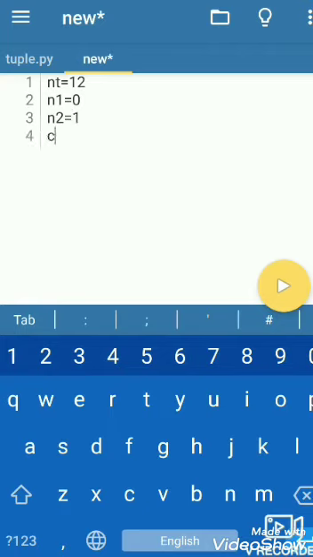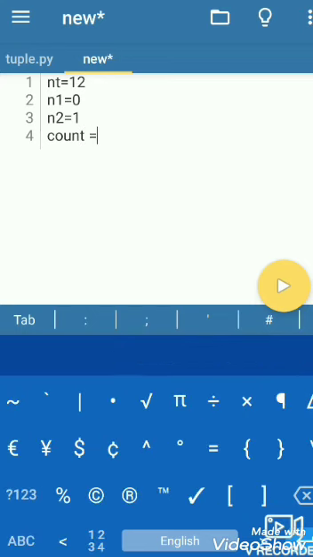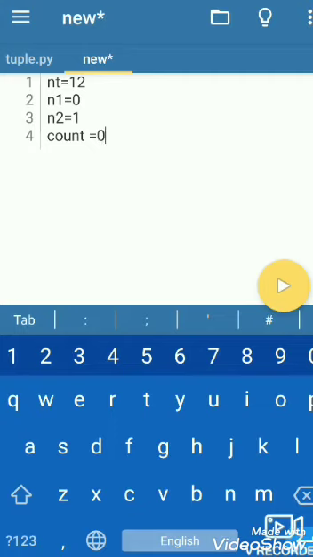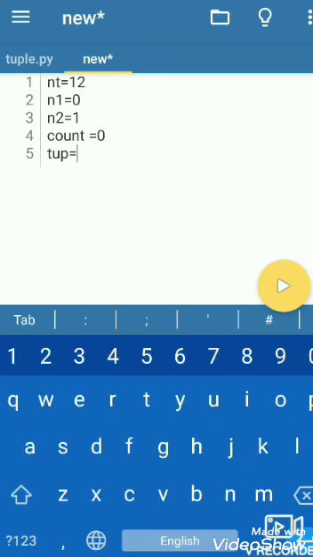Then take another variable, count, and assign it 0. After taking three variables, we also take an empty tuple.